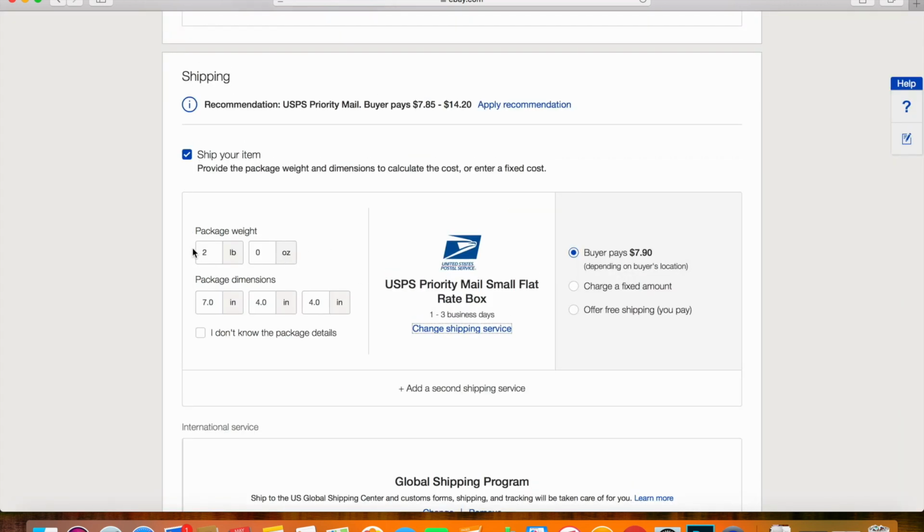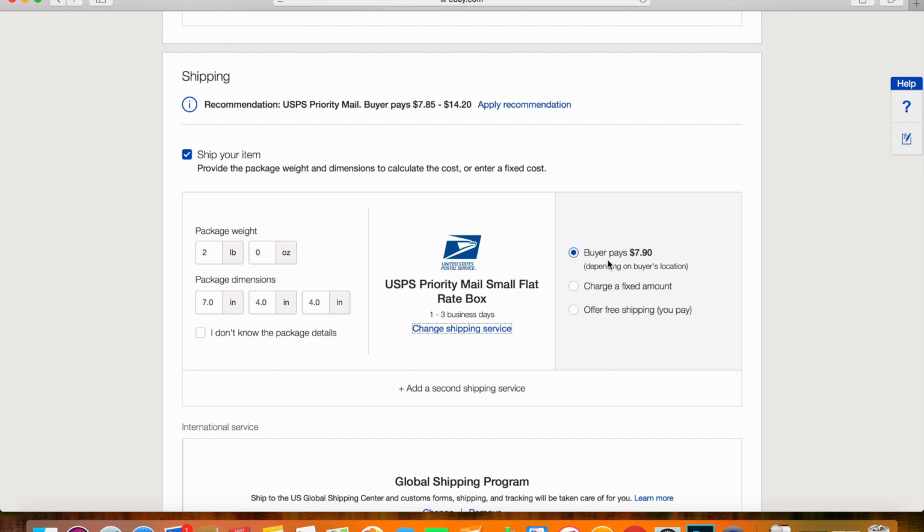And then let's see here. You can add your own thing. Everybody does their shipping different. I just like Priority Mail. It's so much easier for me. It's a set price. It's a flat rate box. All of their boxes are. They're free boxes from USPS. And it's just so much easier for me, they pay, I print the label, throw it on the